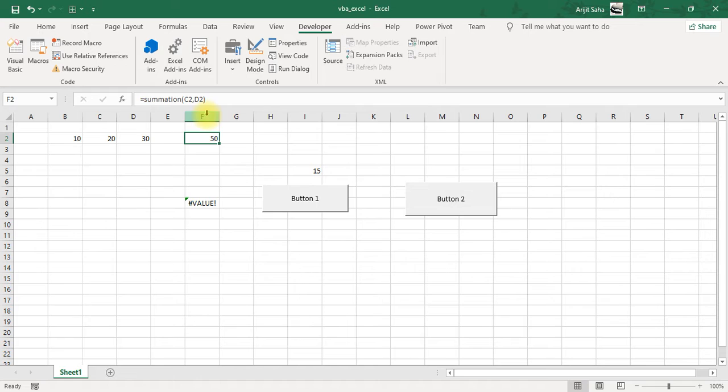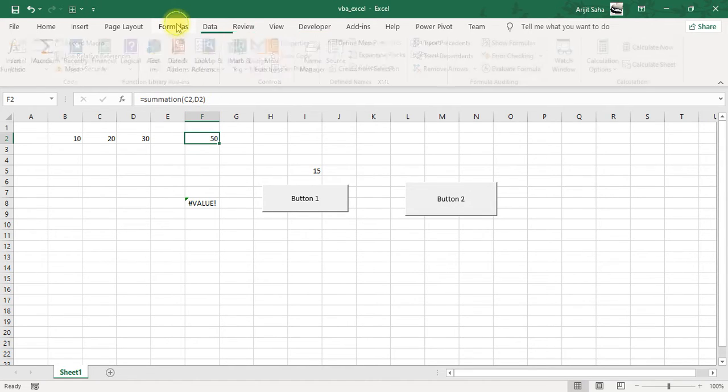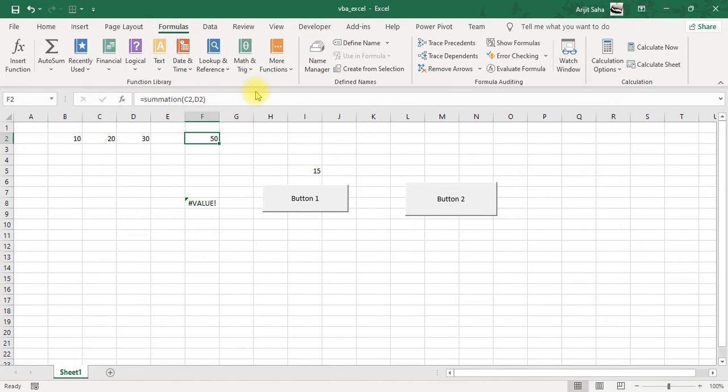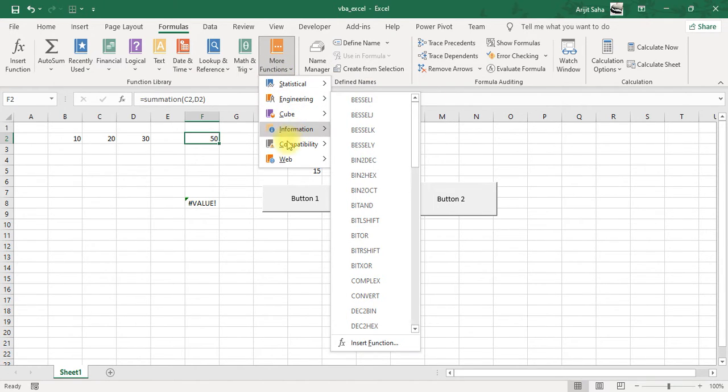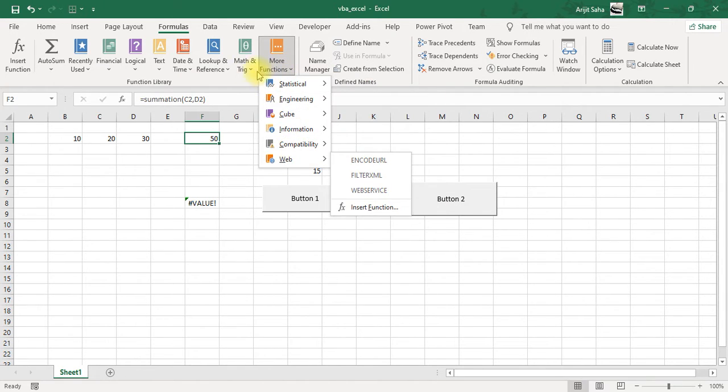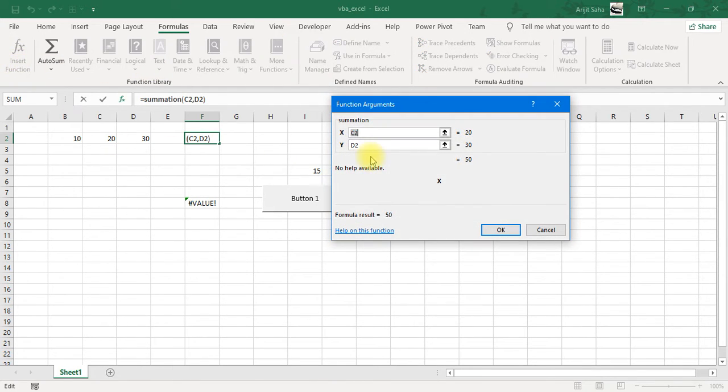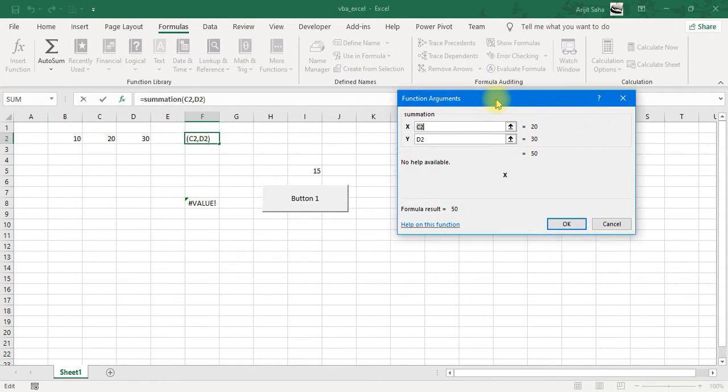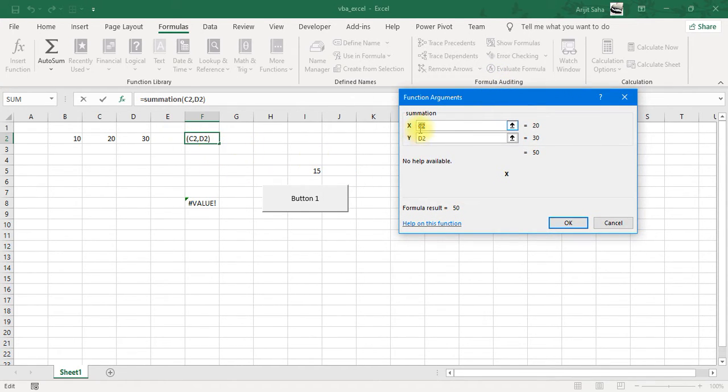Let us check if it is available under formulas or not. So if you go to formulas, let us go to more functions. At this point it is not showing any user defined functions over here. So if I click on insert function, as you can see over here, there is no value, no help available.